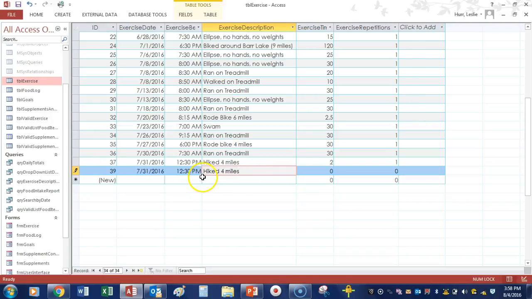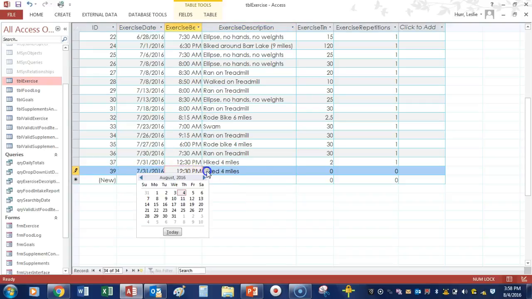Okay? If I wanted to have the record be saved, you would have to change one of these particular